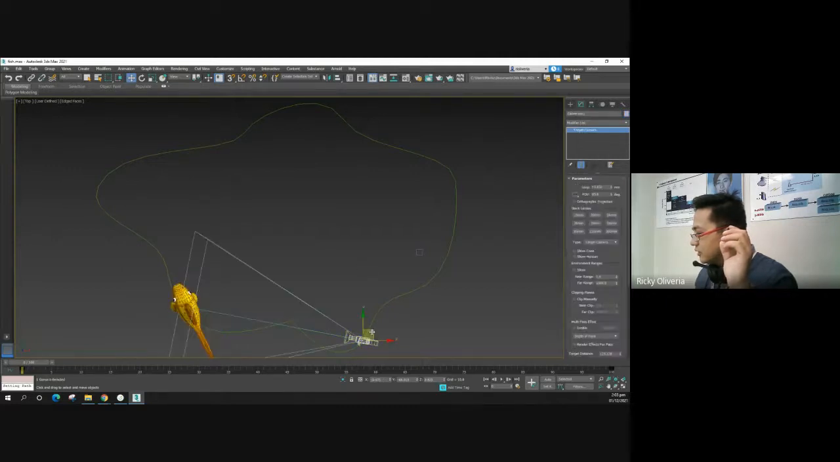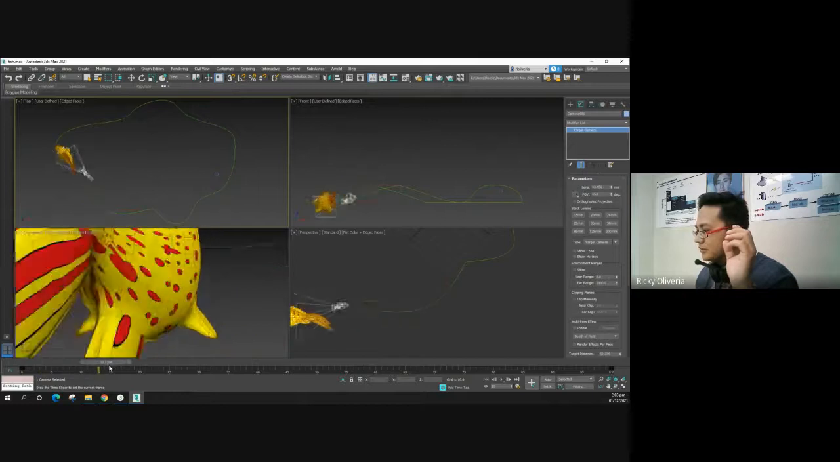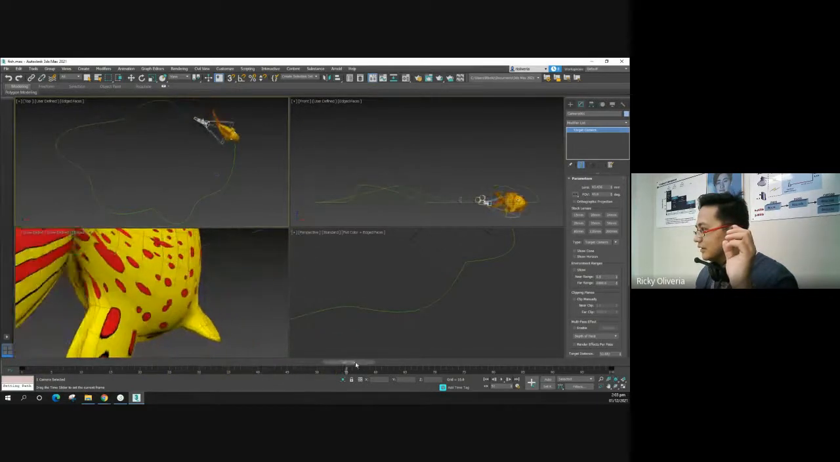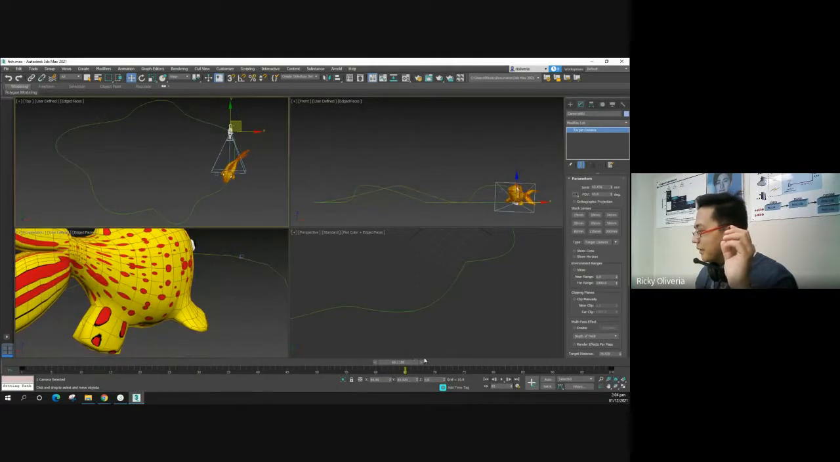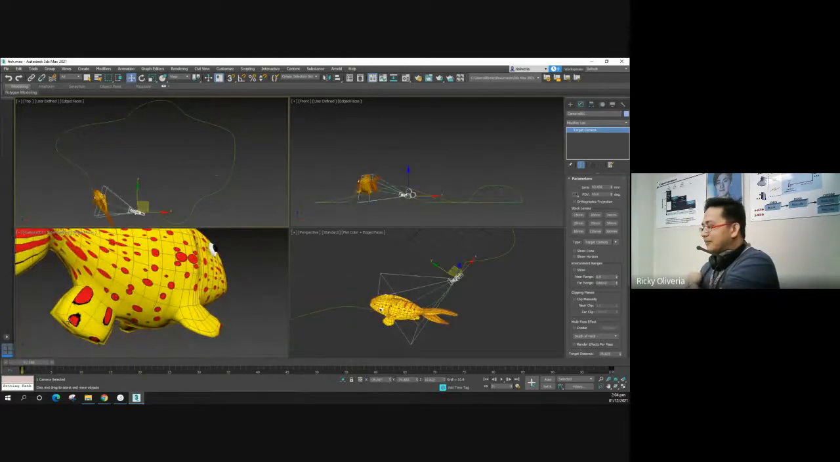Pwede mo ring ilapit to. Yan, ganyan. Pwede rin yan, ganyan. Okay. Mas malapit siya. Parang sasamahan mo talaga siyang lumangoy. Okay, yan. Okay. Now, paano niyo naman gagawin na parang, yung animation niya na, 'no, yung it's like, palitan na